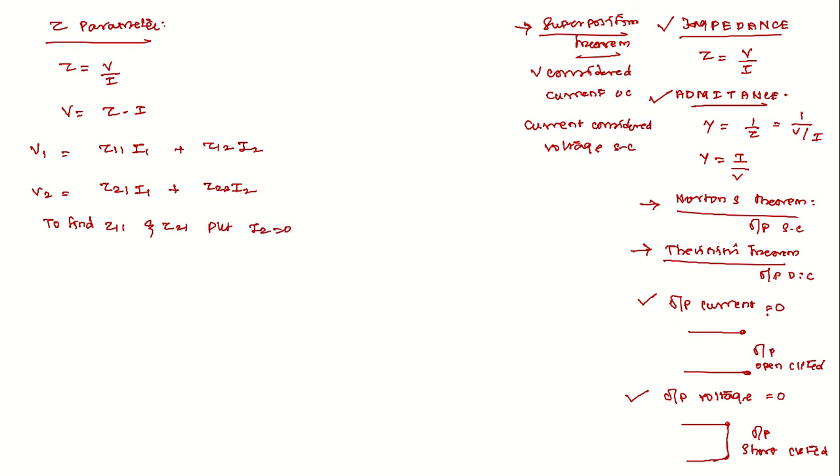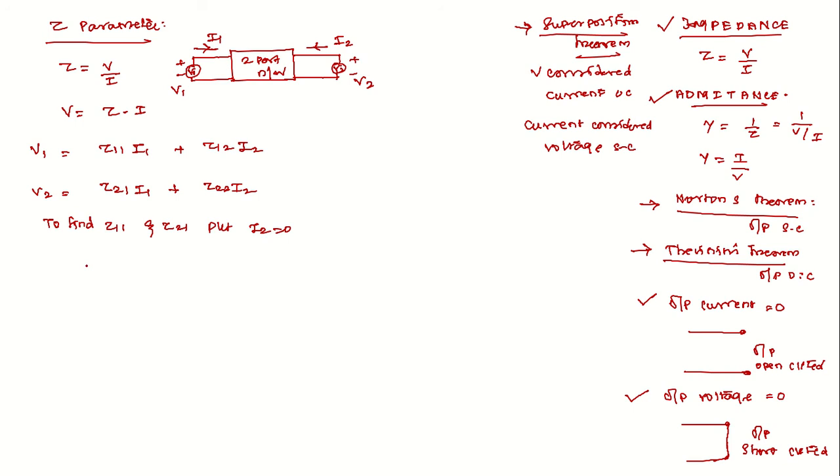Whenever our output current or input current is equal to 0, the output circuit is to be open circuit, right? So for example, a complete two-port network will be looking like this. It will have a voltage source V1 and on the output side a voltage source V2. The current on the input side is your I1 and the current on the output side is called your I2. Here is your voltage V1 and this is your voltage V2, plus and minus and plus and minus.